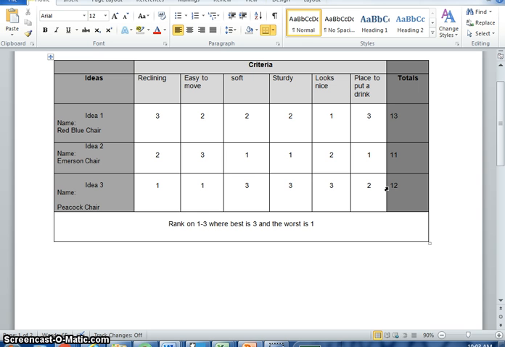Based on your data, you are going to decide to take this one to the beach. When you do your rockets, based on the highest score, that is the one you're going to decide to use. Does that make sense? Yes, it does. So when you go back to your rocket packet now,